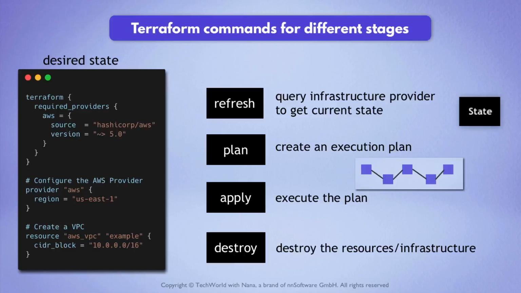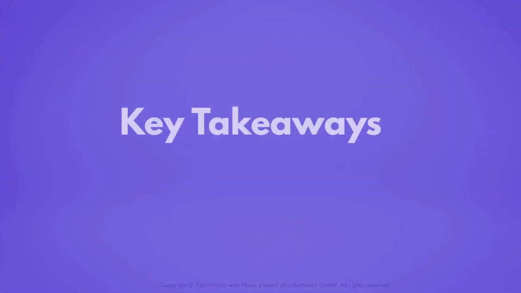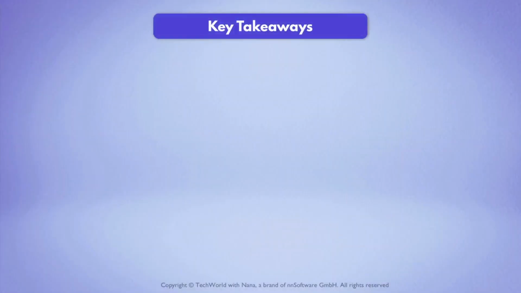And this could be used if, let's say, you create an environment for an important demo day and you didn't want to interfere with the existing environments. Once the demo is over, you can destroy the whole setup. Destroy, like apply, will also check what's currently running and then create a plan of what needs to be removed in which order. So some of the key takeaways for Terraform are,